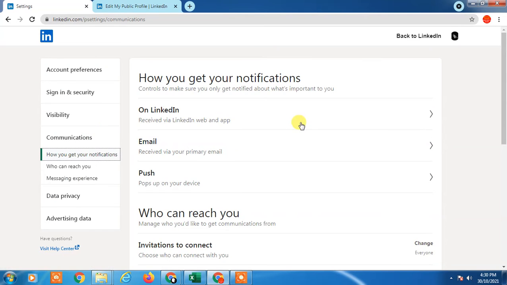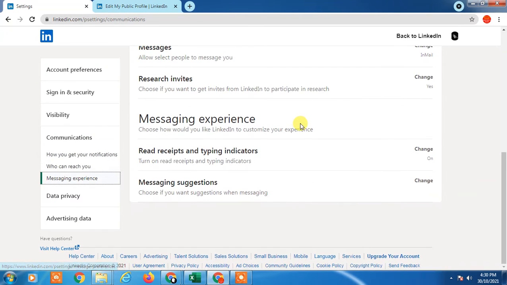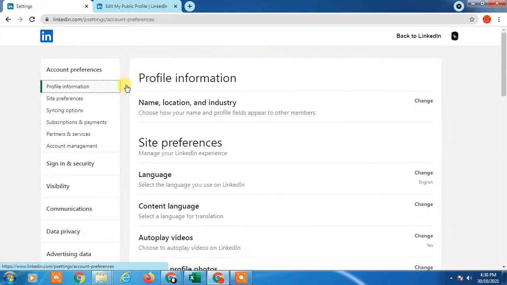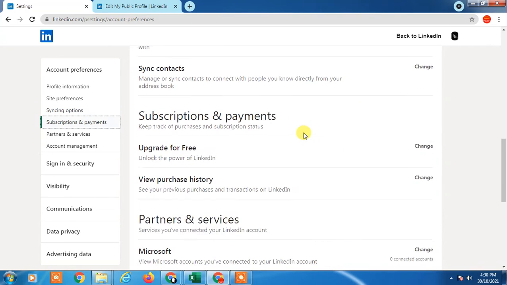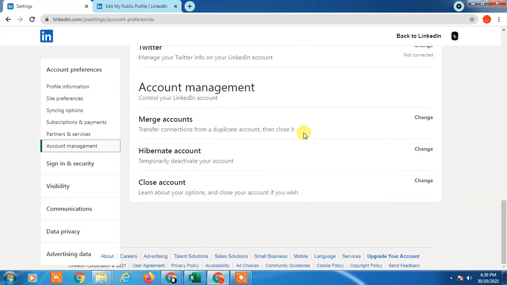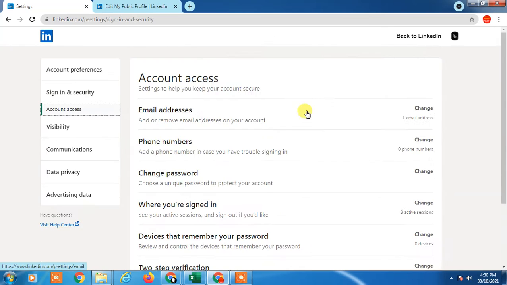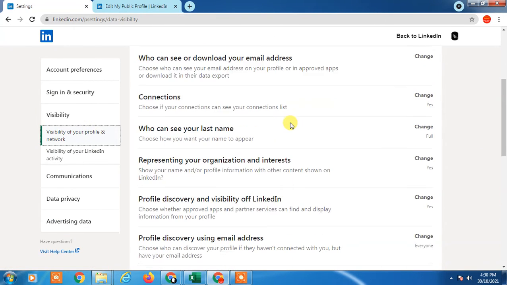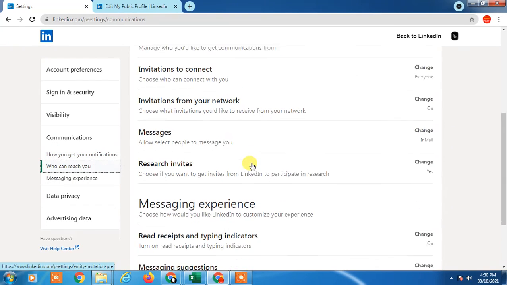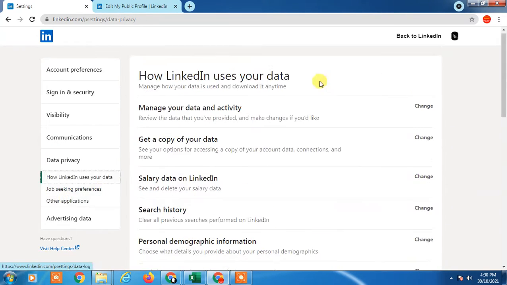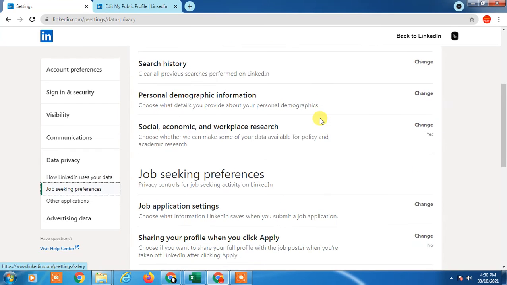and here you can find public profile settings. Where is it? I think under security, visibility, yeah, public discovery, visibility, profile discovery, communication, data security.